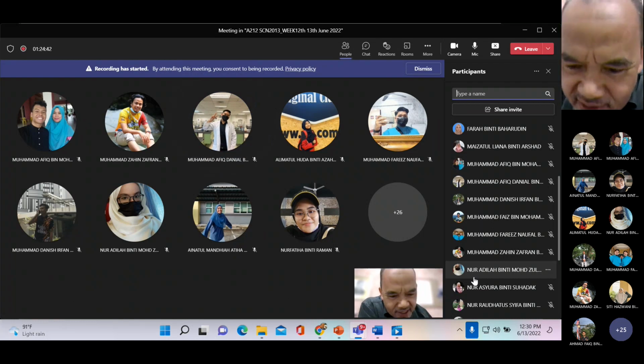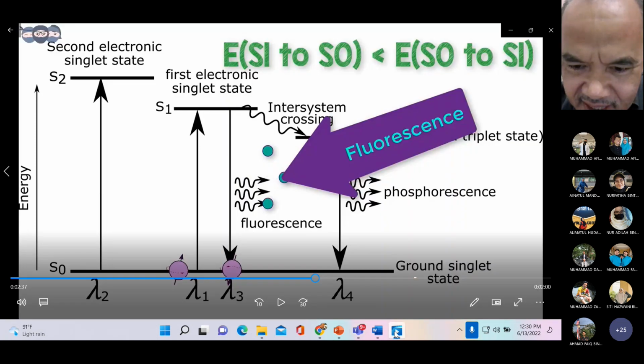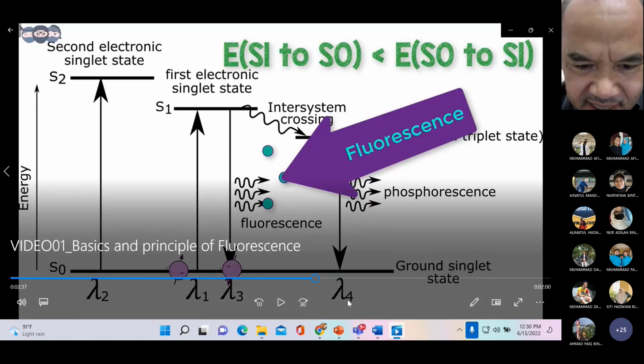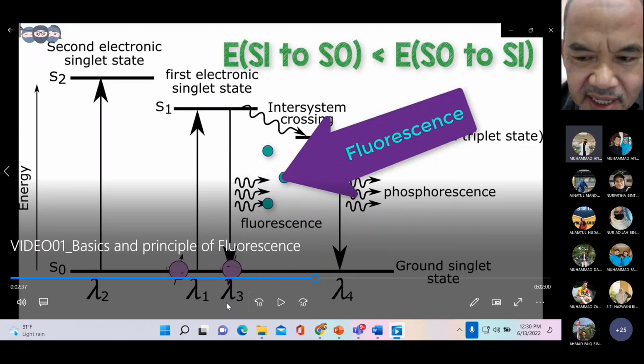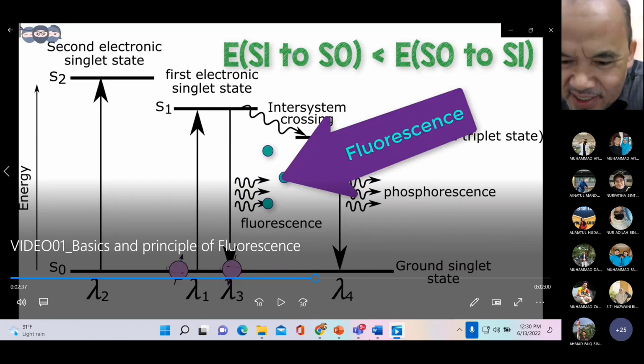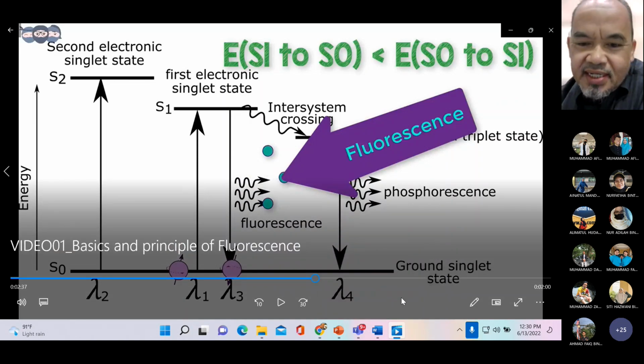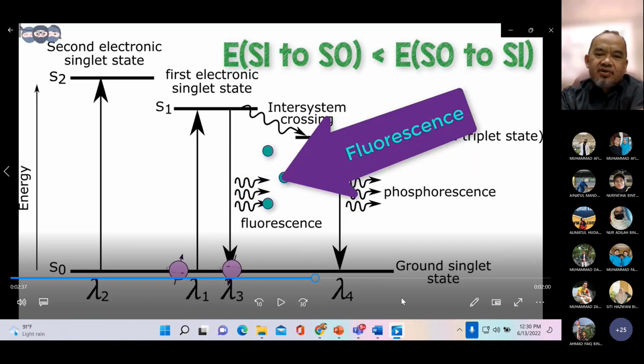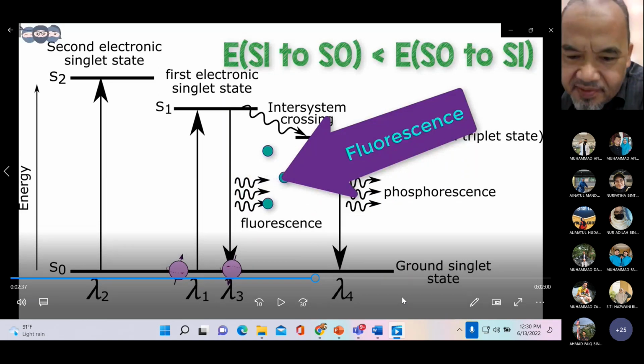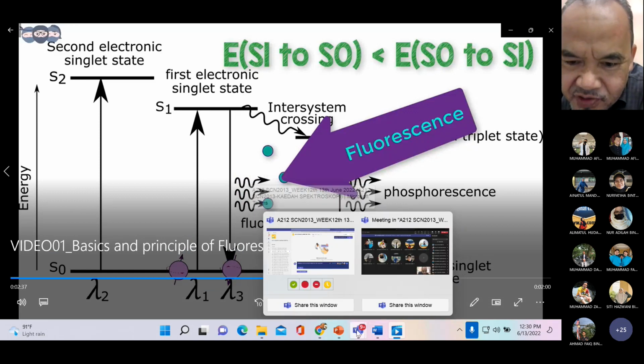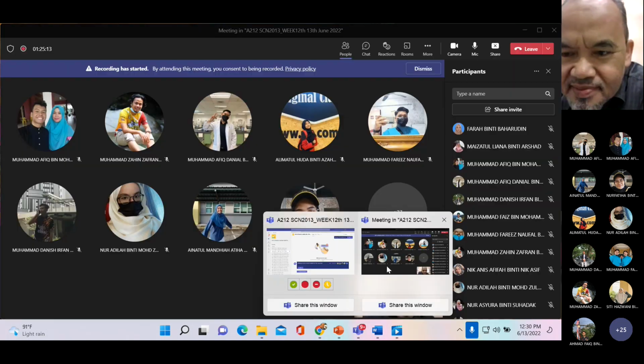Sebab wavelength tinggi. Kalau tengok rajah ni, wavelength dia sini. Ni lambda 4. Jadi lambda 4 lebih besar daripada lambda 3. Betul lah kan. Okey, betul jawapan tu. Tapi mungkin soalan seterusnya: kenapa phosphorescent appear pada panjang gelombang yang lebih tinggi? Alright.